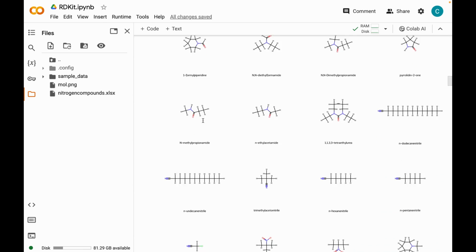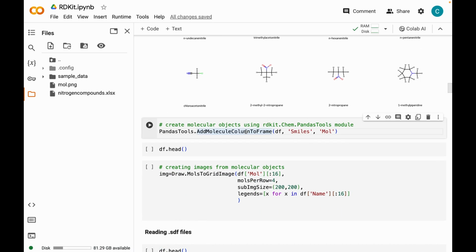Now let's move on. Apart from running a for loop, there is an easy way to do this as well. We can use this pandas tools module, which has this function AddMoleculeColumnToFrame. This takes in as input the SMILES strings from this data frame and creates another column called mol, like the one we just generated, and which has molecular objects in it. So let me just run this command and